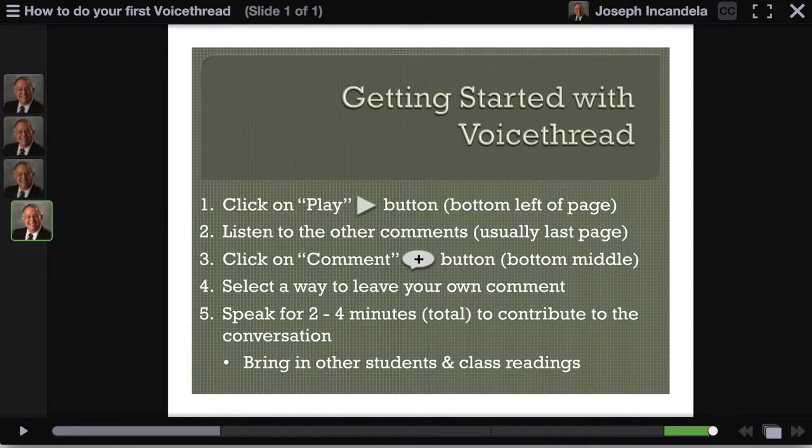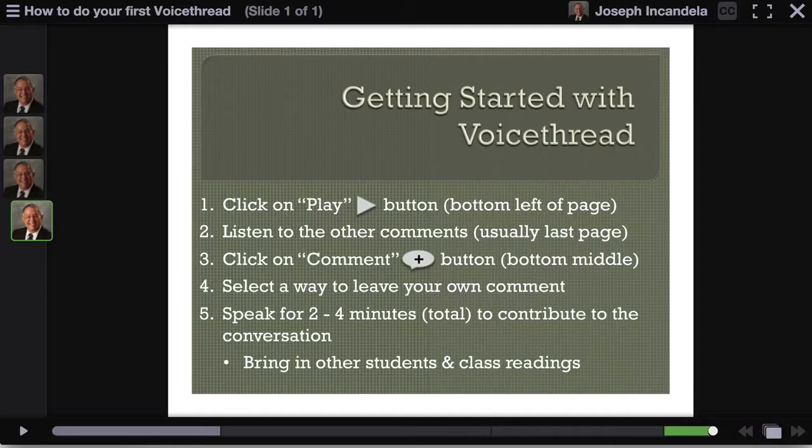that's what we're shooting for, and you don't have to leave comments of that length in any one comment. That's why I say total. So if you would like to come back into the conversation a couple different times, that's certainly okay. If someone says something that responds to you and you want to respond to that person, please feel absolutely free